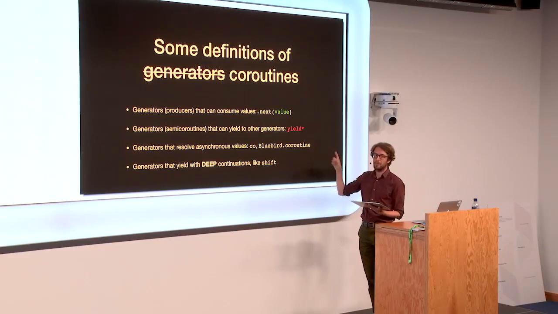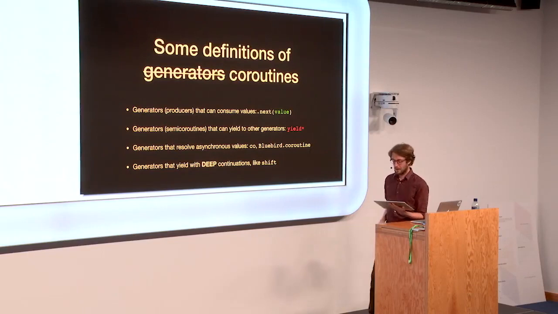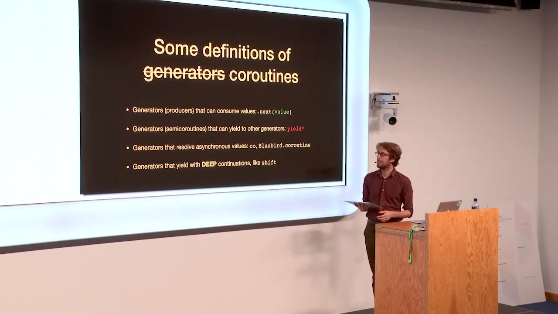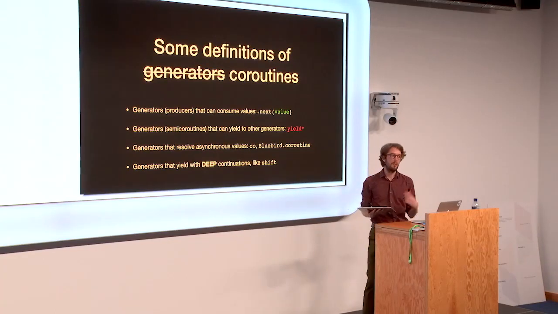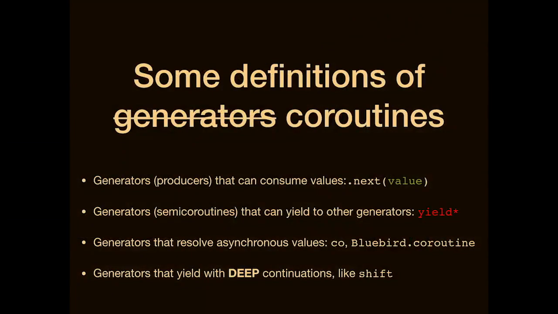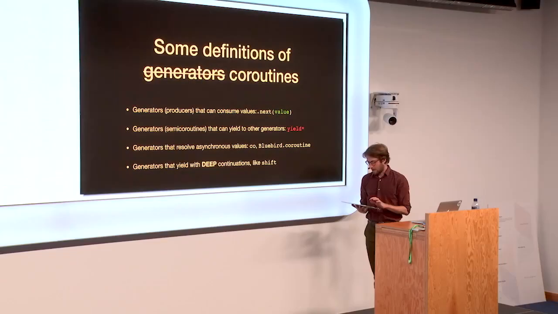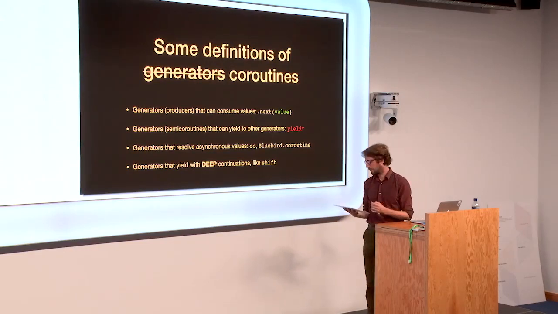Usually in JavaScript, when people say coroutines, they mean this, which is basically async await. But there's another meaning of the term, which I think is the one more relevant to React Fiber, and that is that, as opposed to generators, coroutines can yield with a deep continuation. So it's like you could call yield at any depth of call within that coroutine. Similarly, with suspense, you can pause reconciliation at any depth and resume it.